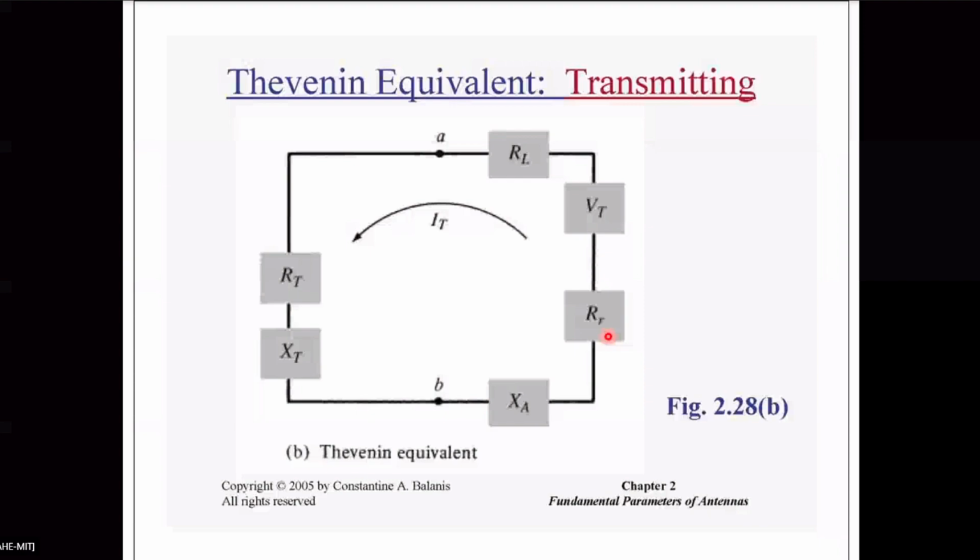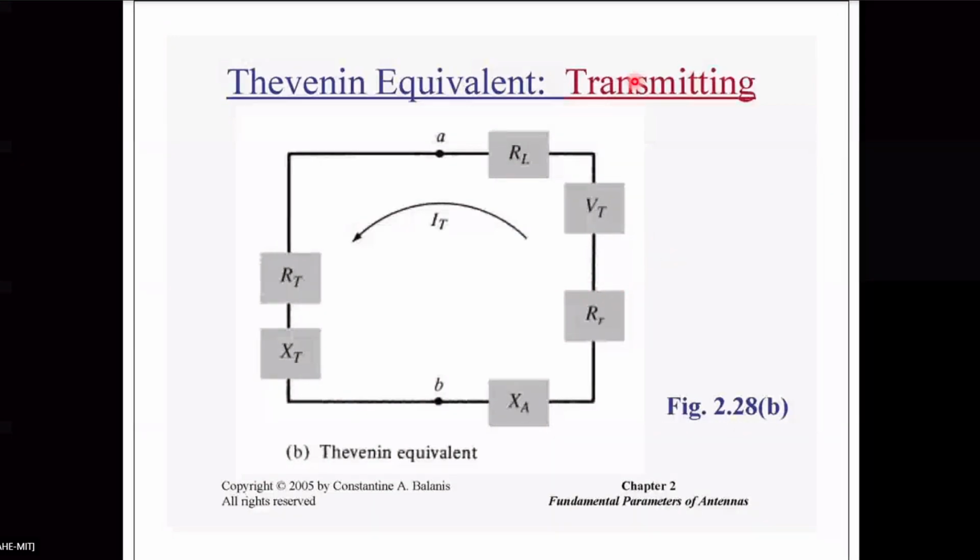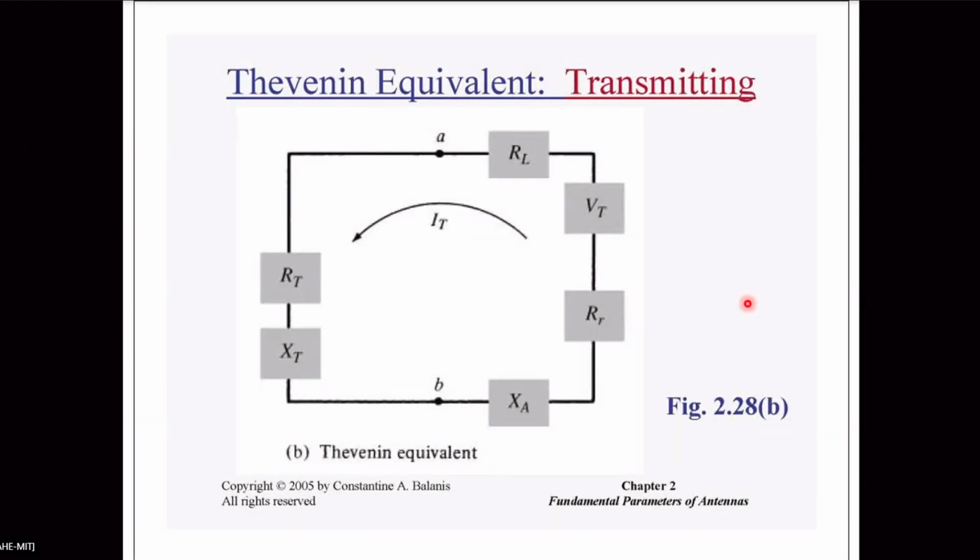See, the current IT also flows through the antenna. So there will be some re-radiated or scattered power through the antenna, which is half IT square into RR. That corresponds to the re-radiated power. RR here is in the receiving mode, not transmit; this is a mistake in the slide. Since IT is very small, this re-radiated or backscattered power is less. Have you got it?